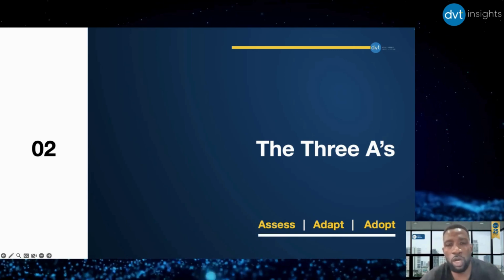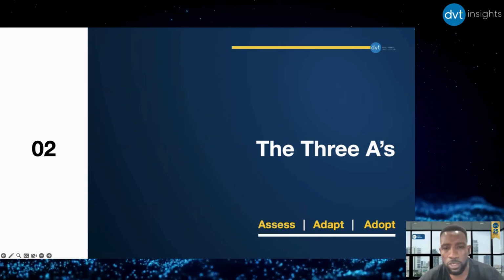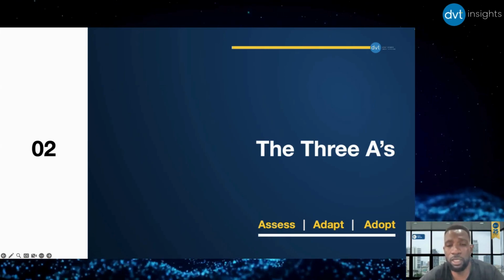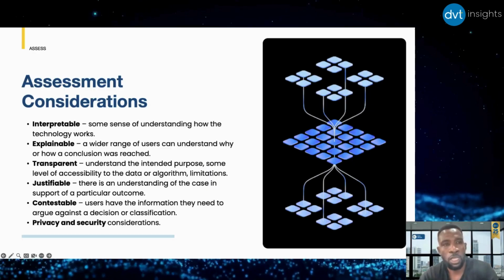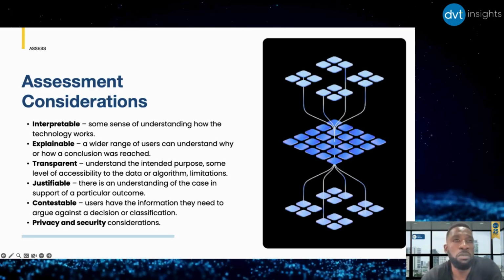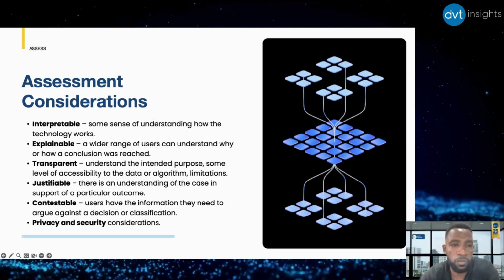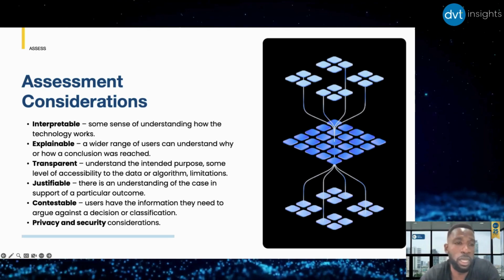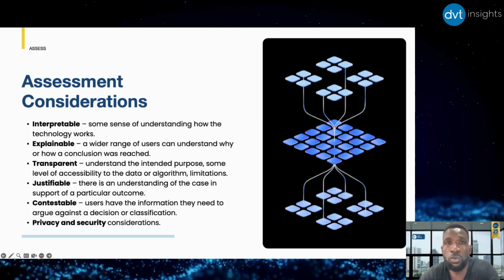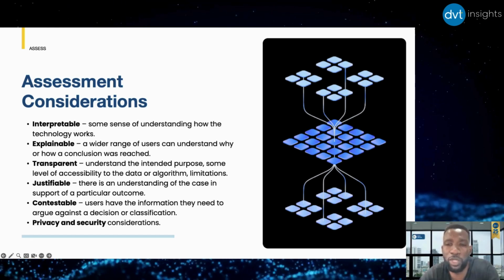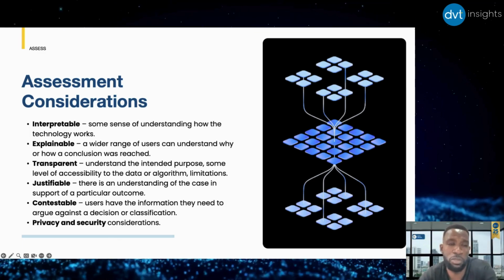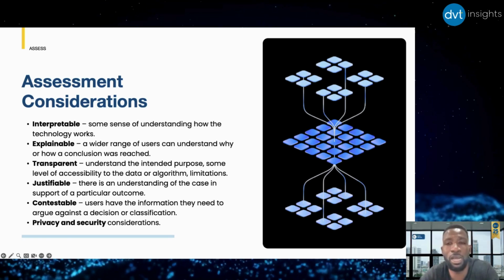With that, then we go to our proposed approach. So I'm proposing a 3A approach in the adoption. The first A will be the assess. Now, in our assessment consideration, I want you to look at the various criteria when you are thinking of adopting an AI tool. Interpretability, explainability. So once you have validated all of this, then we should have an output in form of metrics that will be the input into our adapt and adopt. So 3A's: assess first, adapt and adopt.